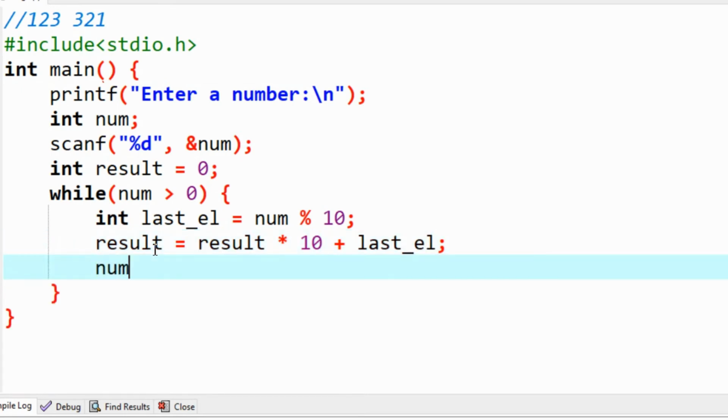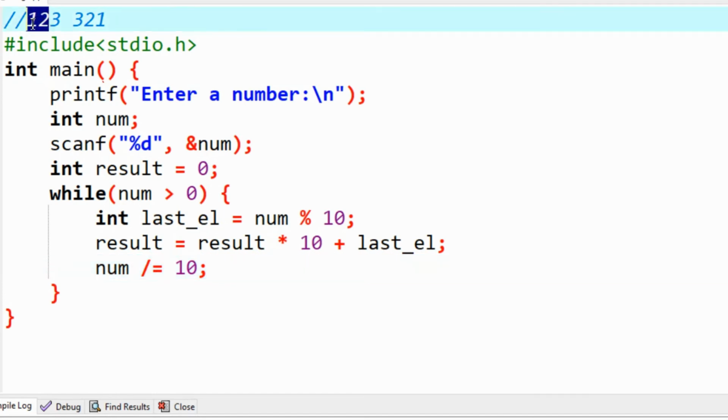And then we will divide num by 10, because after dividing, the number value will be 12, then we will get 2 as the last element, then again we divide, then we will be getting 1. Like that we can do.